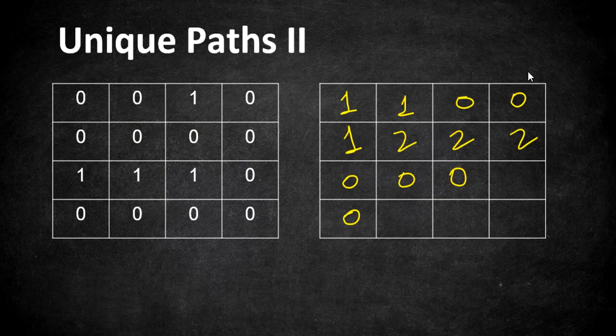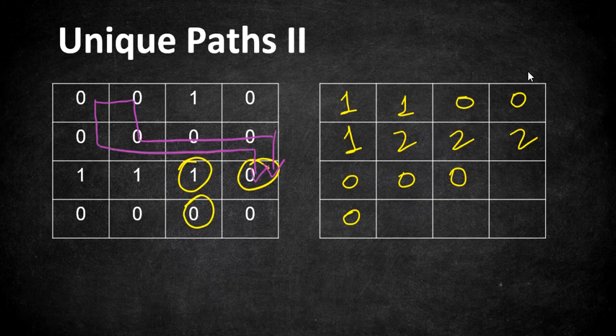Moving on to our third row, we are at the cell 2 comma 2. From 2 comma 2, we are trying to move to right and down. So in this case, what are the possible ways to reach the cells 2 comma 3 and 3 comma 2? Now they both have zeros. In that case, the robot definitely can enter that cell. So what are the possible ways? If you start from 0 comma 0, you can go right, down, right and go down. That is one way. And go down, go right and go down. That is the other way. So again, you have two possible options to reach that particular cell.